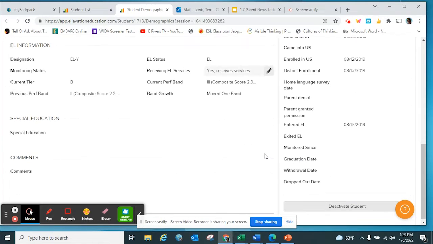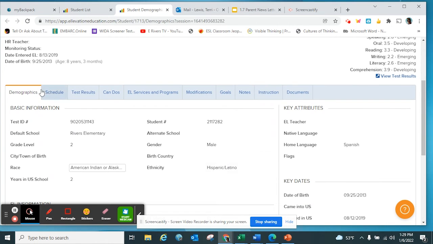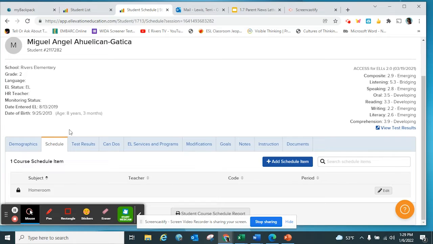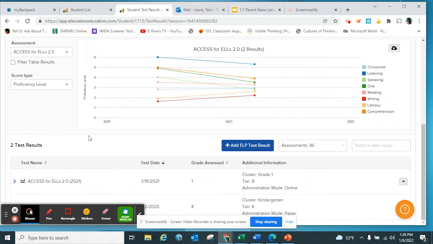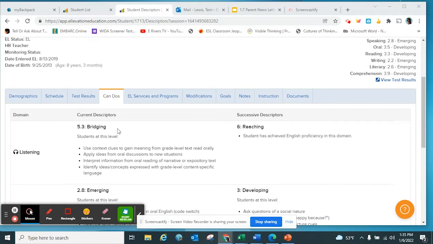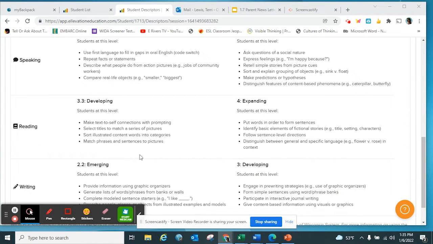Below, you have other basic identifying information about the student. You can also click on the blue tabs to find their schedule. If you use test results, you're going to find all of the score reports for the ACCESS test they have taken. The Can-Do Descriptors is where you should begin to focus as a classroom teacher. This will help you understand what the student is able to do in terms of listening, speaking, reading, and writing